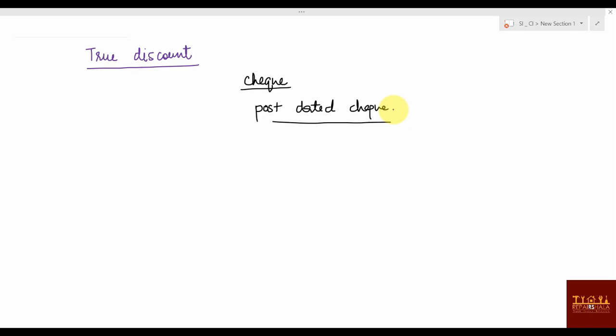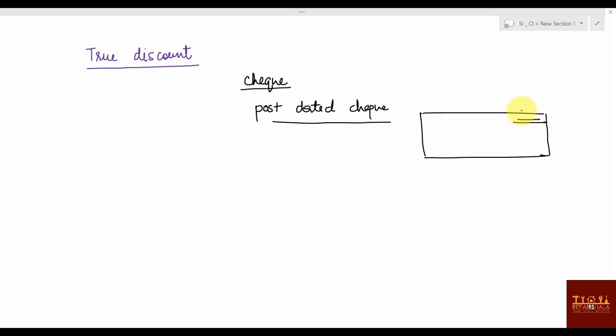Hema is selling her old phone to me, and I don't have money. And Hema is telling me that if any other buyer comes now, she will not keep it for me and will sell it to that person. So I told her, see Hema, I don't have money now. But what I can do is give you one post-dated check. Means in the check itself, I will keep the date for some other date, not the 25th.